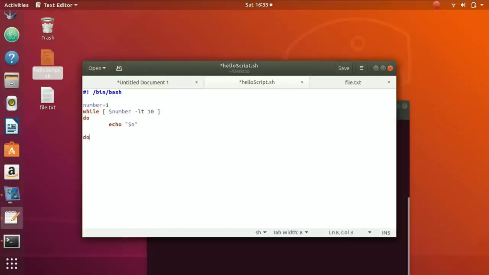So let me write here done. Okay, so inside of that, this right here, between do and done, you'd write all the statements that you want to execute. Okay, so now let's say we want to increment the n,